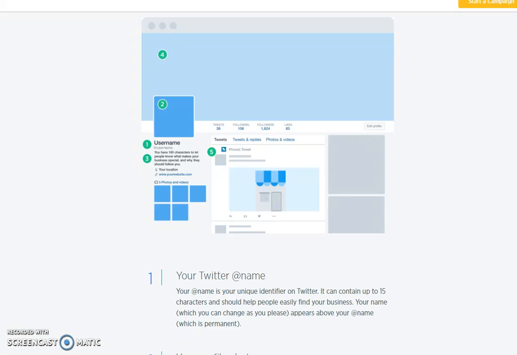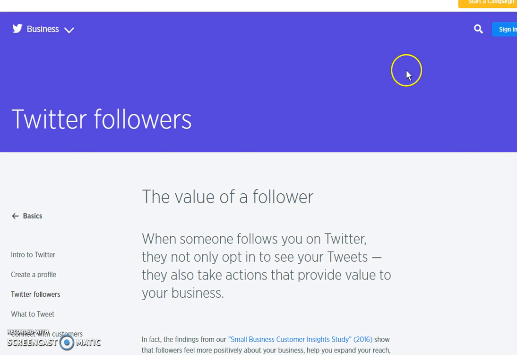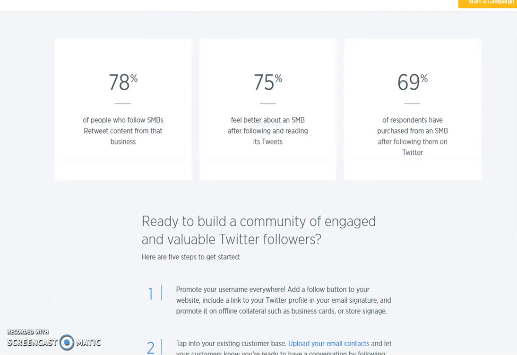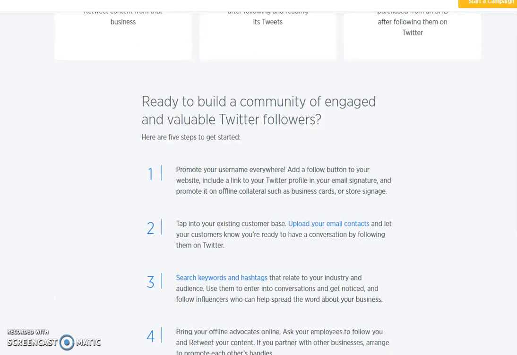So as you start to think about Twitter, and I'm guilty of it too, Twitter's just this massive group of people, how could I ever find anybody, correct? Is that how you feel? That's how I felt. And the thing that I didn't understand was you start to gather followers. Now, a follower is somebody who actually shares your interests. So you can start to narrow this. And this is very, very, very important.